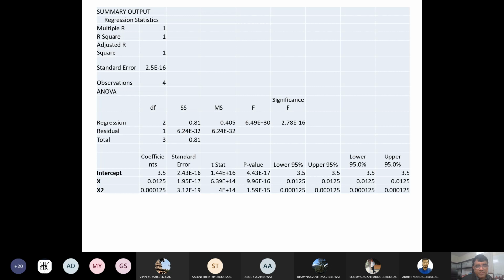Above this, you see the coefficients. So intercept 3.5, regression coefficient B is 0.0125, and then C is 0.000125. So this is how you got A, B, C, and you can put these values in the equation, and that will be your quadratic equation.